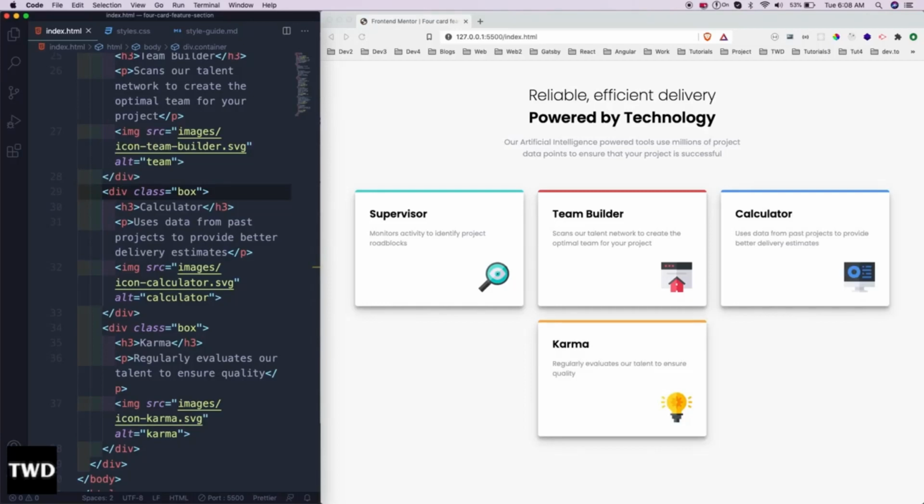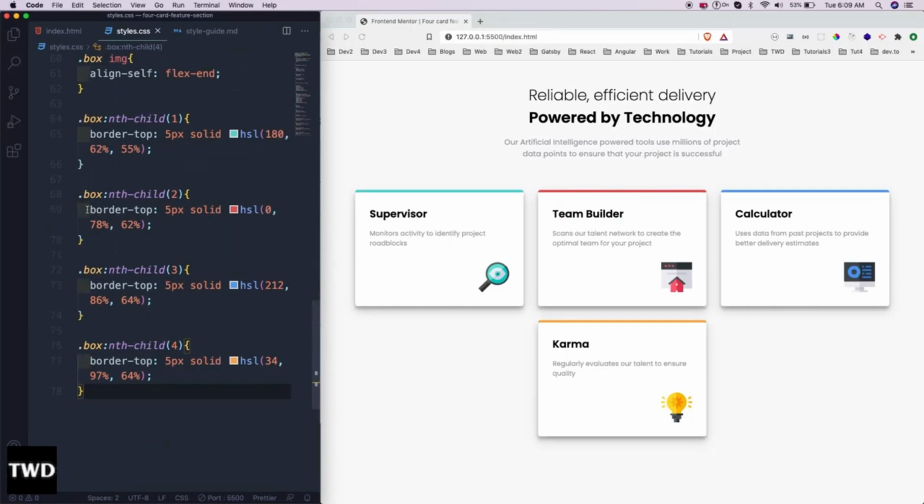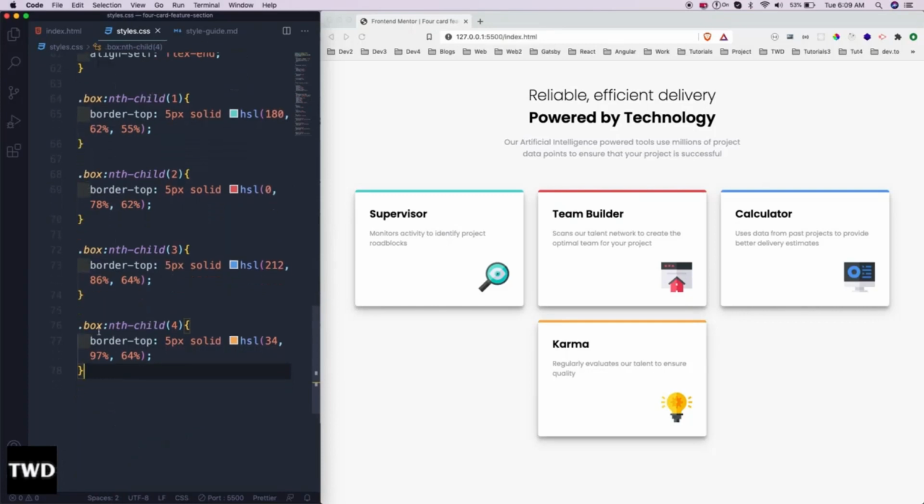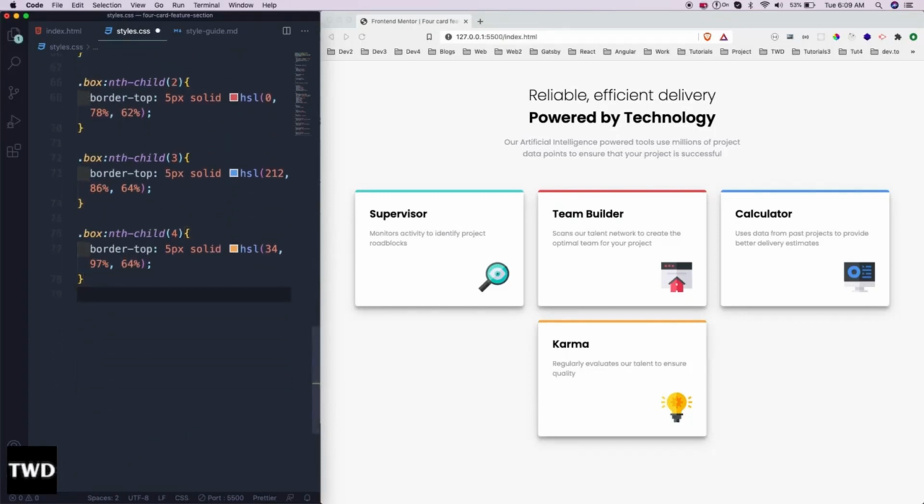Now everything is done except with this supervisor and calculator. We have to move 50% down, so it can be done very easily with the transform translate property. So we will do again, we will target the box and a child box and a child, but this time not like this. This time we target the odd one. Odd one we will target and